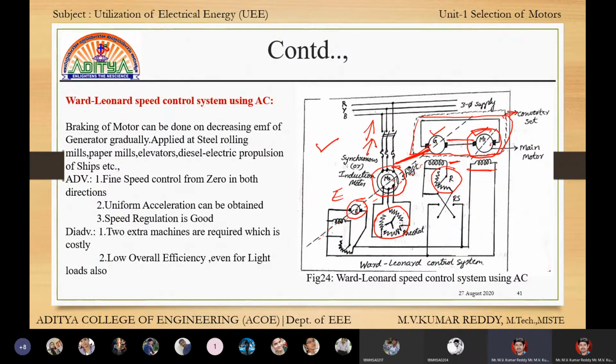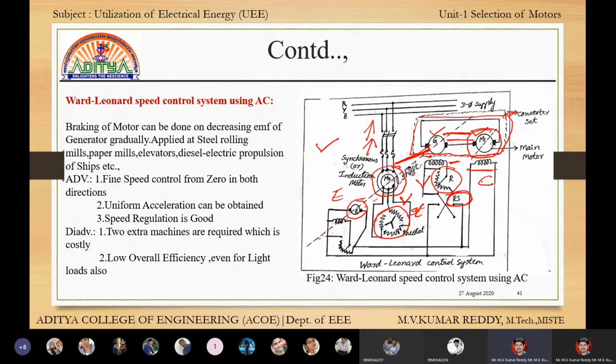Here motor M1 has a constant field, and the generator is connected with a variable field, and this motor is with a rheostat. When the starting current is very high, using this rheostat we can reduce the starting current. That means this is like a starter. The generator and motor set always runs in the same direction. If it needs to run in a different direction, using this reverse switch the direction can be changed.